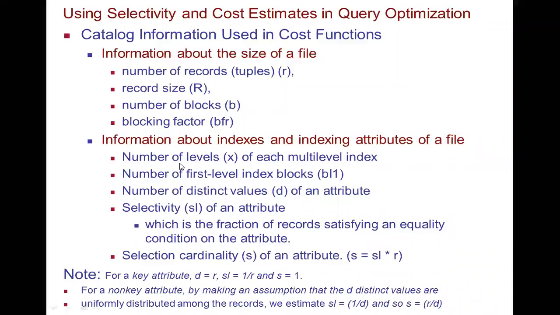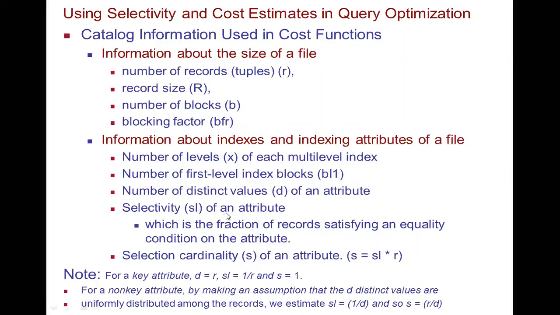So there is the number of first level index blocks, and the number of distinct values of an attribute. For each attribute, what distinct values are there? Based on that also we will be measuring. Why are we discussing all these points? Because how quickly and how effectively you can access your table or your record from the databases also matters in the optimization. Searching for a particular record from a huge volume of records and data effectively is also one of the optimizations. That is what we are discussing here.